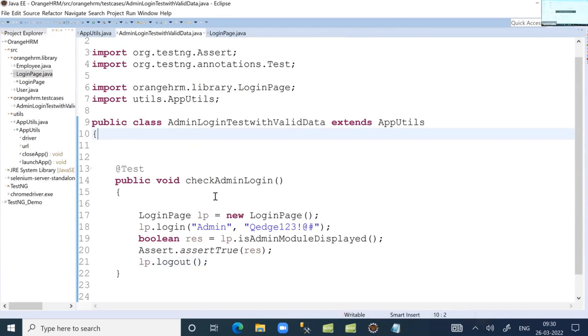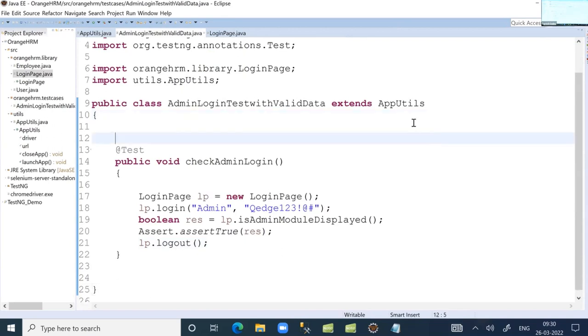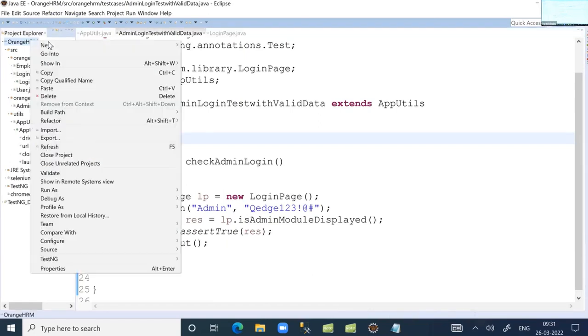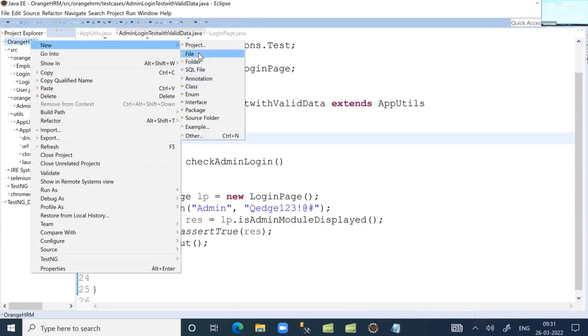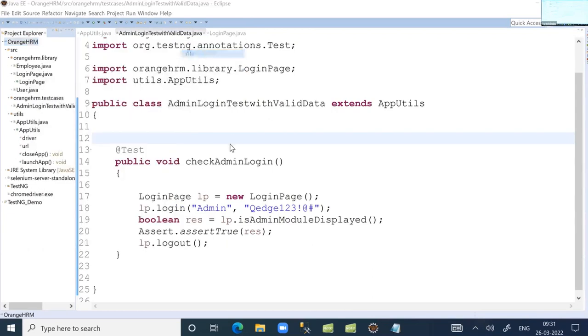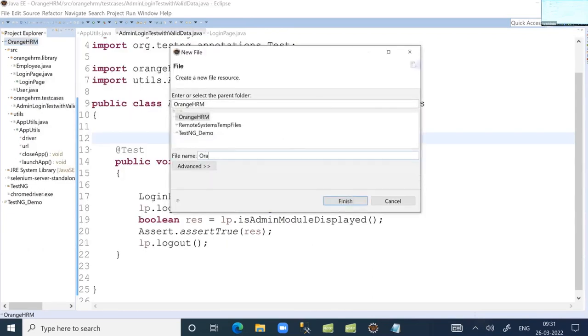See, soon after one test case is implemented, so actually we don't build a suite after completion of all. One by one, I append the test cases. Test case 1 completed, I add test case into my suite. Once the test case 2 finish, I'll append my second test case into the suite. One day you don't sit and put all 200 test cases together. What I'm doing here, I'm creating a suite file. I'm giving a meaningful name,